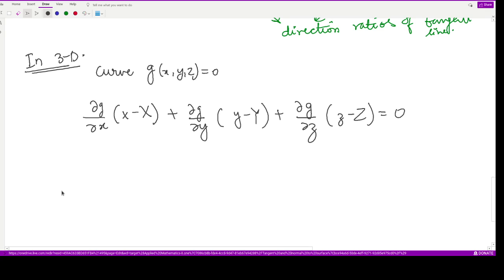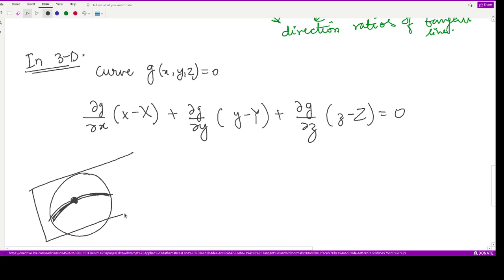So that means whenever you have some surface, suppose this is the sphere given to you and there is some curve lying on this particular sphere. So this curve would have a tangent line. Suppose at this particular point it has a tangent. So basically you have some plane of this kind which touches this surface only at one point. It is like some sheet placed on the top of this ball. So that is what we are saying here.